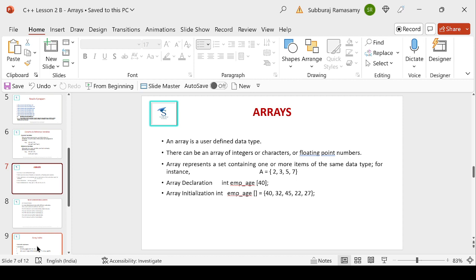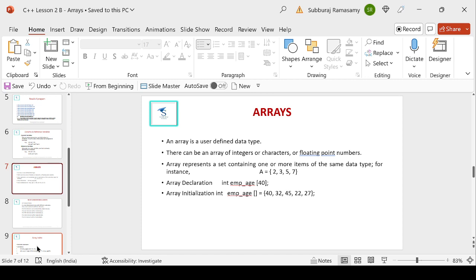There can be an array of integers, an array of characters, an array of floating point numbers or doubles, whatever it is. It can be a collection of items of the same data type. Remember that, you can't have different data types. So an array represents a set containing one or more items of the same data type. For instance, A is equal to 2, 3, 5, 7. What is this? That is an array of prime numbers.